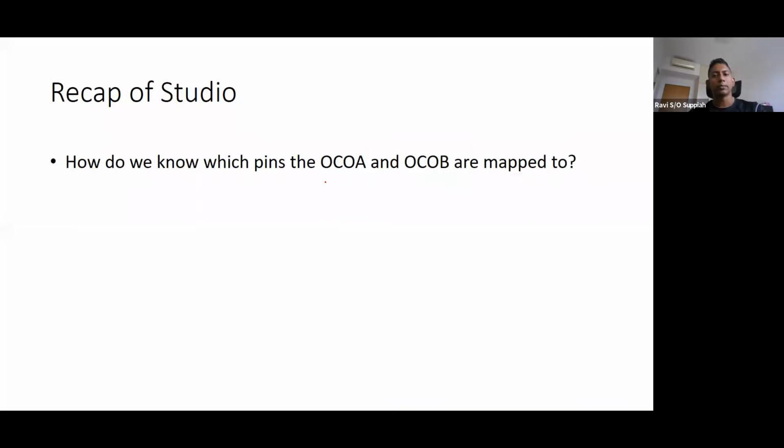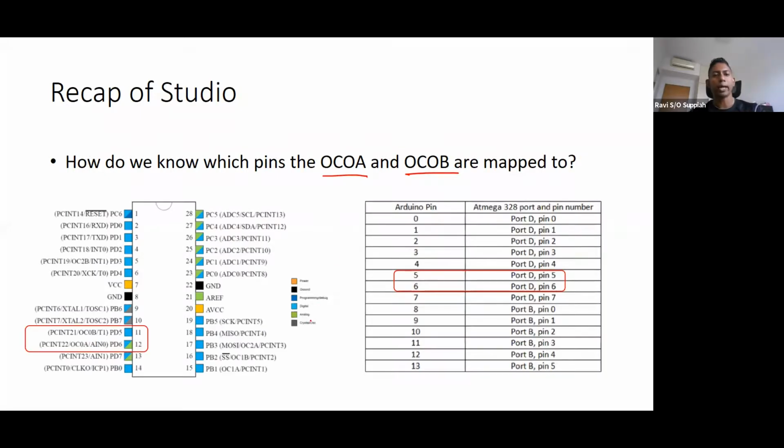Another thing that some of you may still be not sure is how do I know that the output compare of timer 0, A and B, where do I tap from? How do I know which pin I should look at? That is where you need to look back at the pin mapping in the data sheet of the microcontroller.